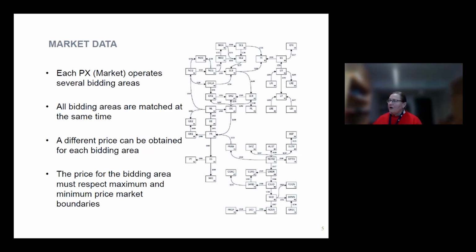This is a picture of the network model that is used in the European market. It seems like a lot of nodes, but some of these nodes are really big areas, like Germany, a single node. We have 5 in the Norwegian system and several in the Nordic system, but this is the network model that is underlying this algorithm.